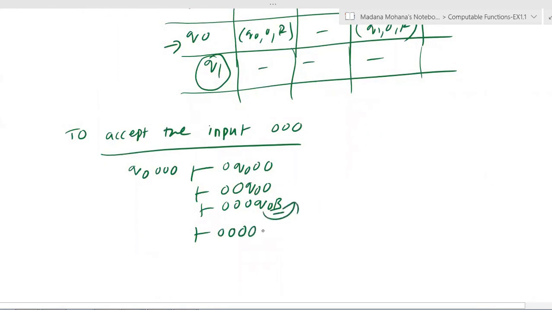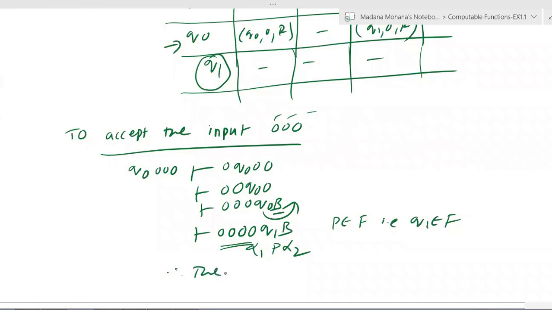Then it moves right by changing state q1 blank. Now here you can see, input we have taken 3 zeros. Then output what we got, 4 zeros. Here now it is in the form of alpha 1 p alpha 2, where p belongs to F, that is q1 belongs to F. Therefore, the string 000 is accepted